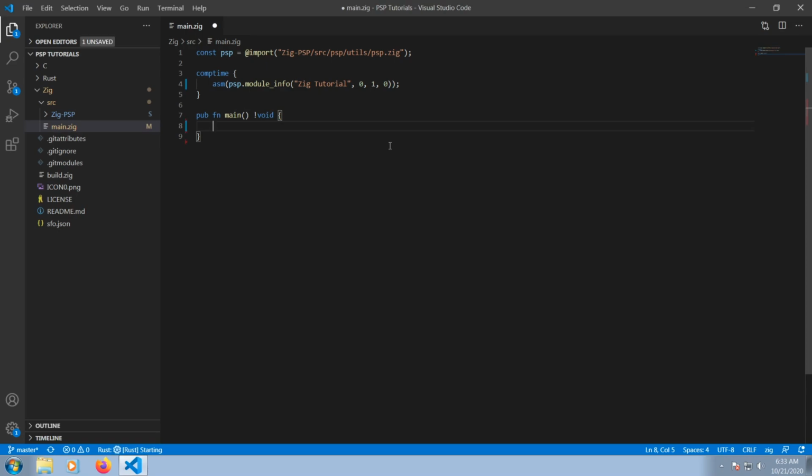The next thing that we're going to do here is enable the home button callback. So psp.utils.enable and then home button, HB, and CB for callback. So that's all we're going to do. We're going to have the function statement there. Next thing we want to do is initialize the screen. So we're going to do psp.debug.screenInit. So now we've initialized the screen, and the last thing that we're going to do here is